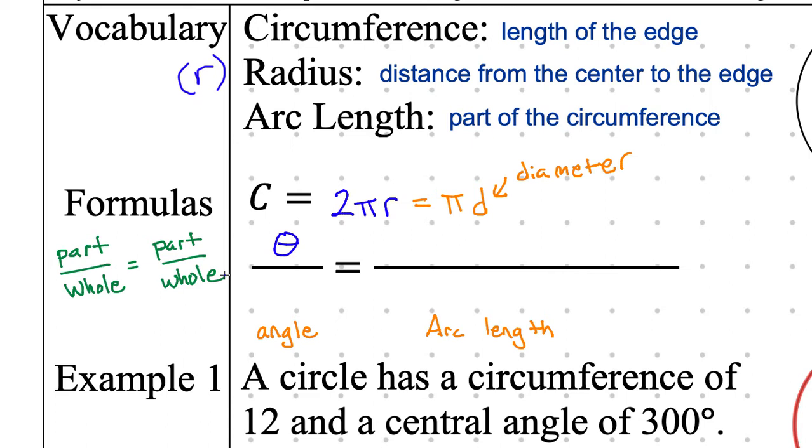How many degrees are there in the entire circle? With a quiet raised hand, so the whole angle for the circle, how many degrees are there in a circle? Even if you get it wrong, you still have participated. That's okay. 360, perfect. Everyone write it down. This is 360 degrees. So part of the angle is theta. The entire angle is 360 degrees.